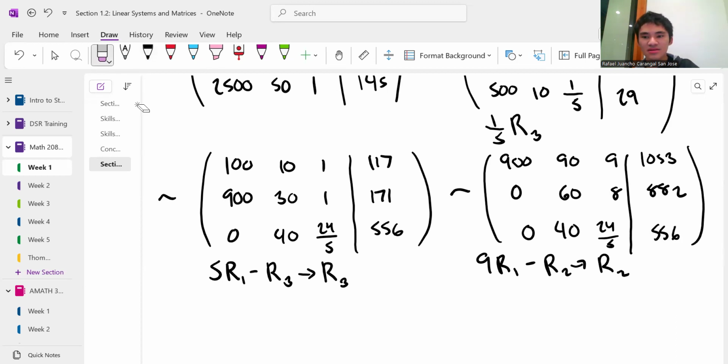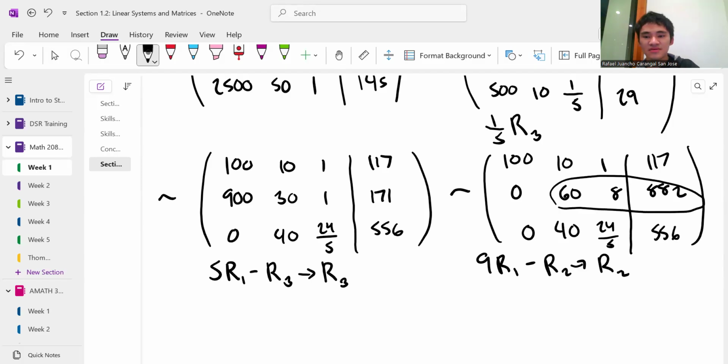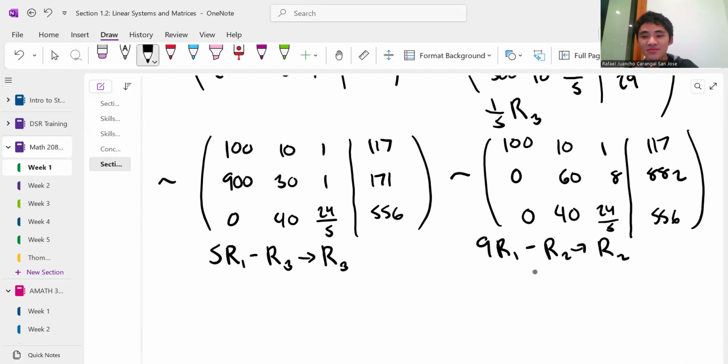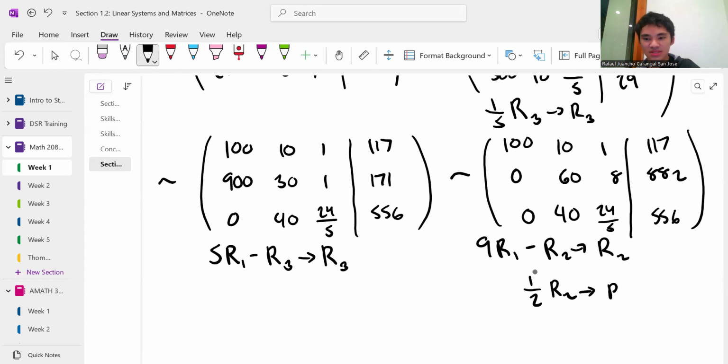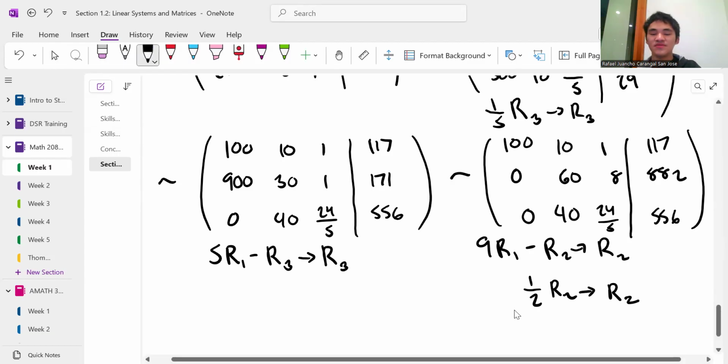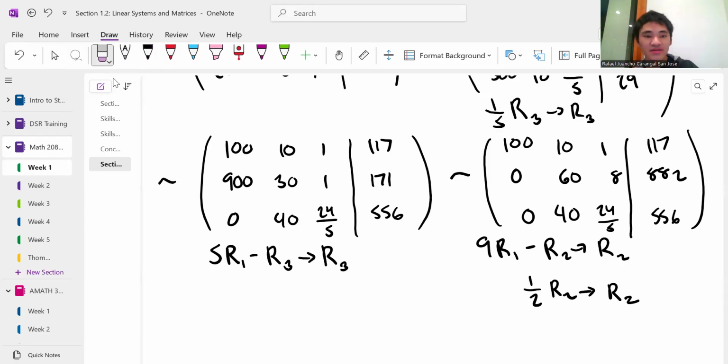Then we can rescale this, right? Oh, look at that. I can actually simplify one of the rows because I can see these are all even. So I could actually do two things here. Row 2 could be divided by 2, so a half of row 2. Actually, a better notation would have been to assign that back. There we go. So we divide it by 2, we assign it to row 2. It's just proper notation. So we divide it by 2, we get